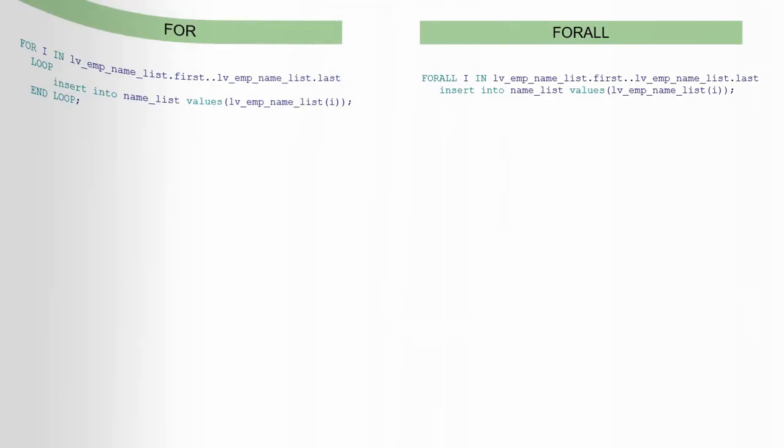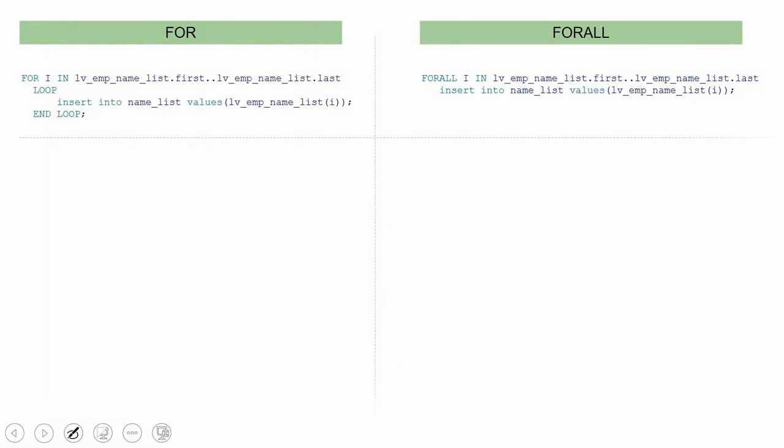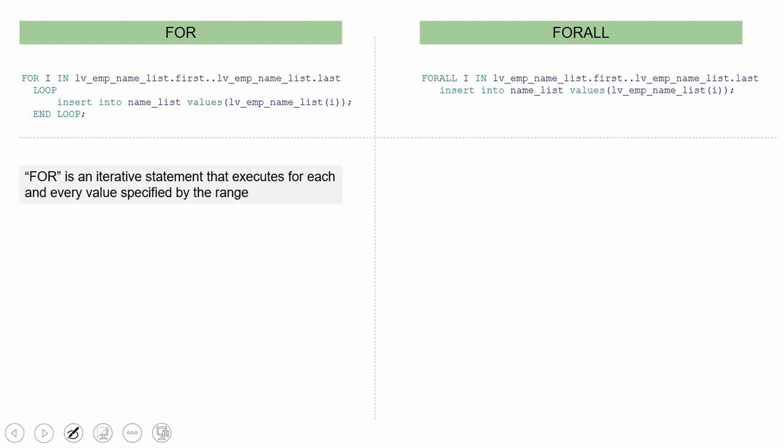Now let us see what are the differences between the FOR and FORALL keyword. In fact, these are the key points you should mention in terms of interview. Okay, let's start with the first point. Basically, FOR is an iterative statement that executes for each and every value specified in the range. We can specify a range, we can specify a cursor as part of FOR cursor, or we can specify the collection. Whatever it may be, the FOR will iterate for the range of values specified